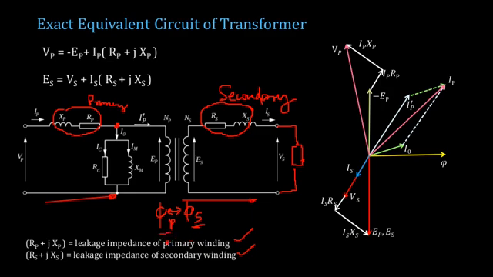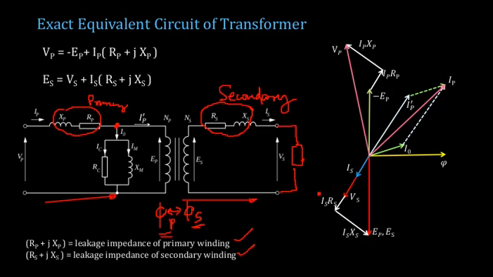Now if a flux phi p is produced, obviously it cannot be produced simply. Some current has to flow, so that current will be flowing in the primary winding, and that current will be drawn from the source. So once you need to supply current to the load, ultimately some current will be drawn from the source, and here you will have some interaction between the flux which helps to do that. So that's how the transformer works.